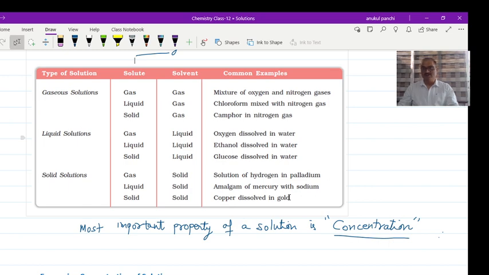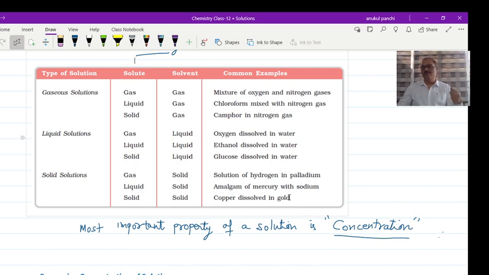The cold drinks we drink are solutions. Even our body fluids are solutions, like our saliva, urine, gastric juices. All biochemical reactions take place in solutions. And the injections which we take, liquid medicines, they are also solutions. Now you are clear what a solution is and why it is important to study.